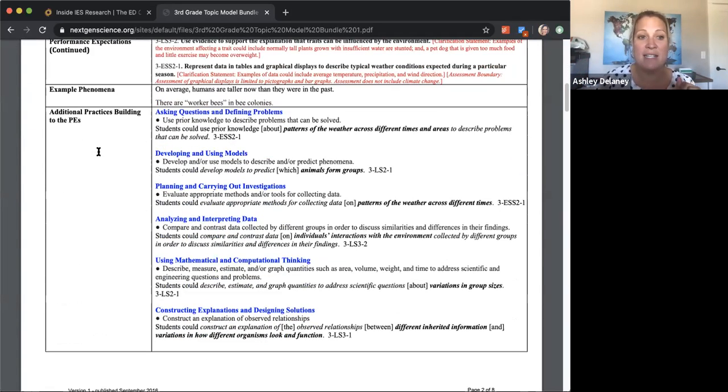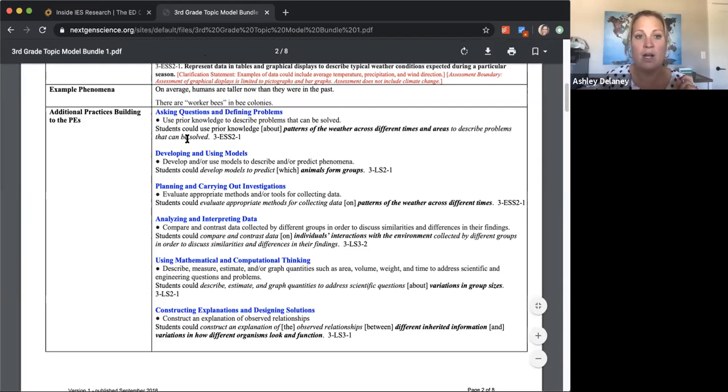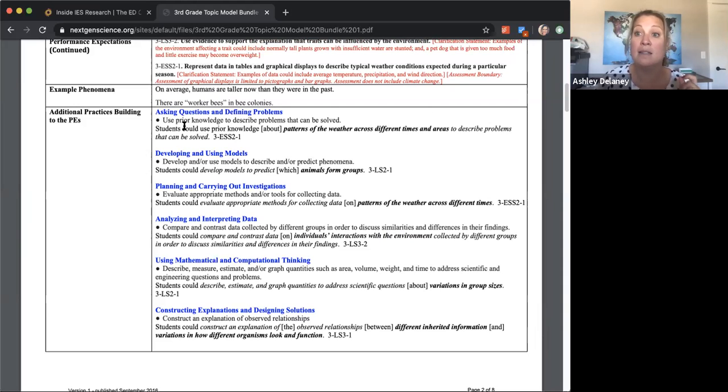We've got these practices that are going to be building towards the PEs. So this again is your checklist as you're looking for what sorts of resources you want to make sure that you have access to with your students that are going to allow you to explicitly instruct and assess